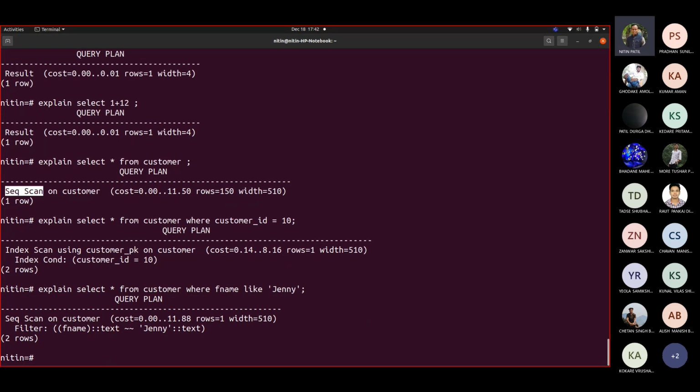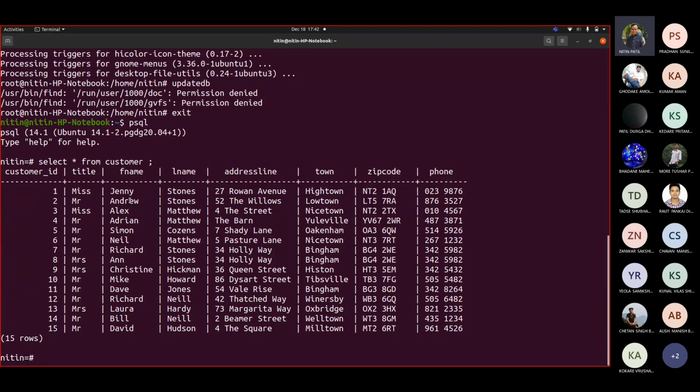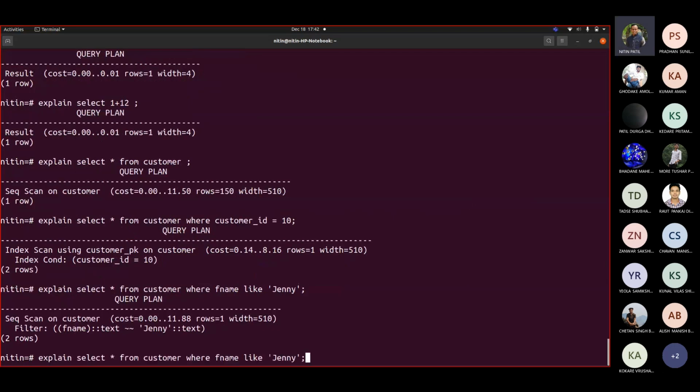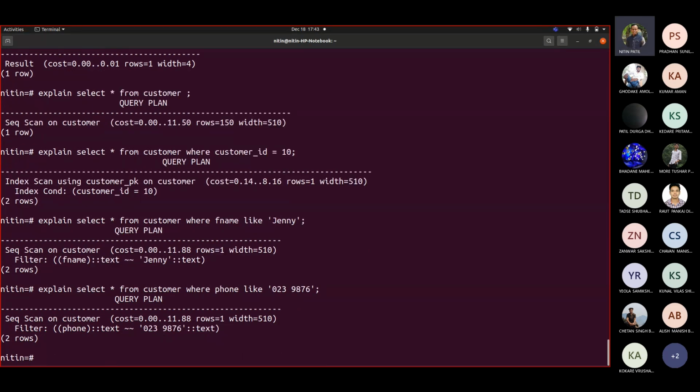It is not showing me index scan, though I added the app name. Let me see another option, for example, phone. Phone like. It still says this. Correct, because it is a text type.